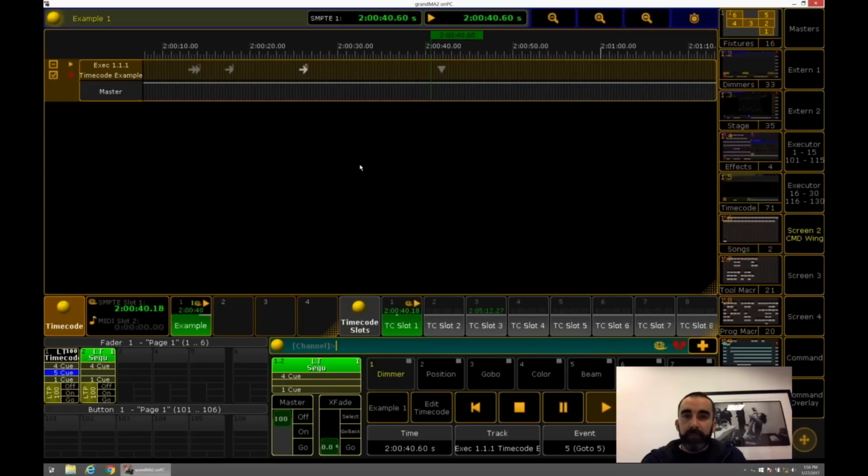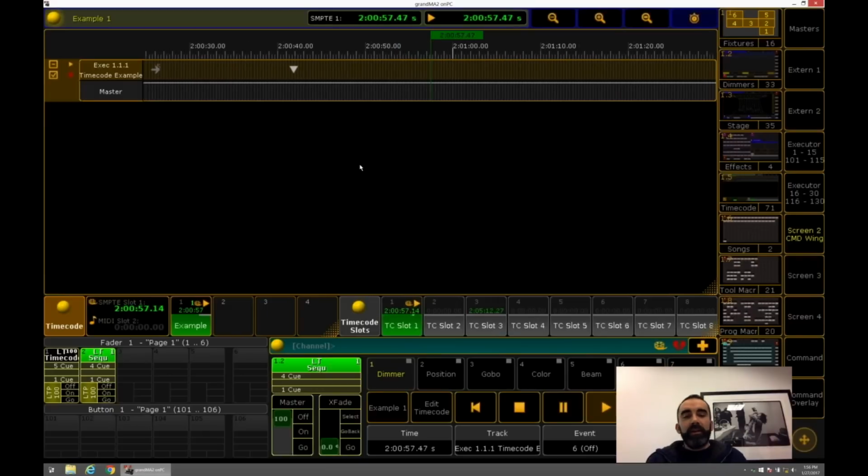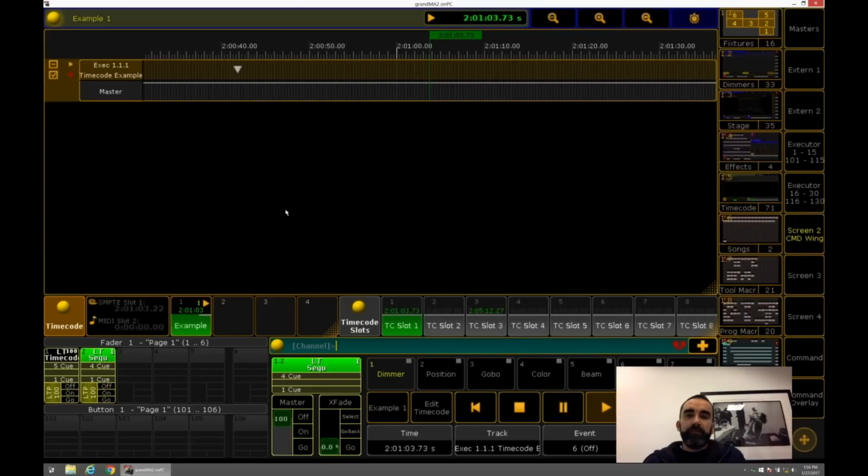Now, remember, timecode was created by the Society of Motion Pictures, right? So the best way to think about this is it's a cassette tape, or it's a VHS tape. I know none of us really know what those are anymore, but they did exist at a time, and it was a tape. It was a timeline. And at certain times, you'd see pictures on the screen, or in this case, at certain times, we're actually triggering events, okay? And we're associating an event with a particular time and space.